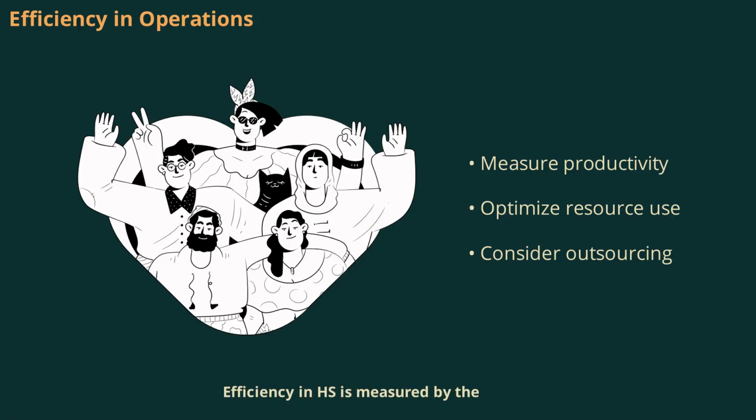Efficiency in HS is measured by the relationship between resources used and the output achieved. For instance, the number of repairs completed per employee or the number of houses managed per staff member are key indicators. High productivity means that resources are being used optimally. HS can also improve efficiency by outsourcing certain activity or adopting shared services, always aiming to maximize output with minimum